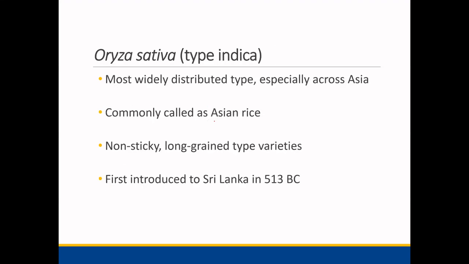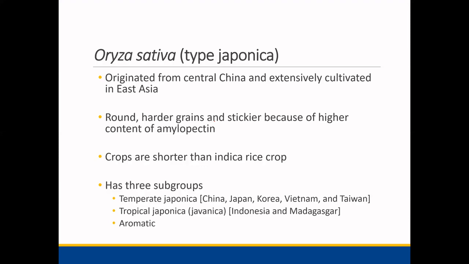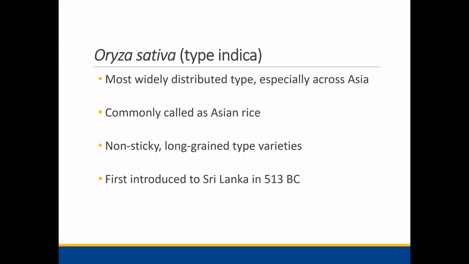But if you go to the second type, the japonica type, that actually originated in central China and is extensively cultivated in East Asia, especially in countries like China, Japan, Korea, Vietnam, Taiwan, and Indonesia. Those countries grow this particular type, especially in East Asia. If you compare these grains with the indica type that we grow in Sri Lanka,